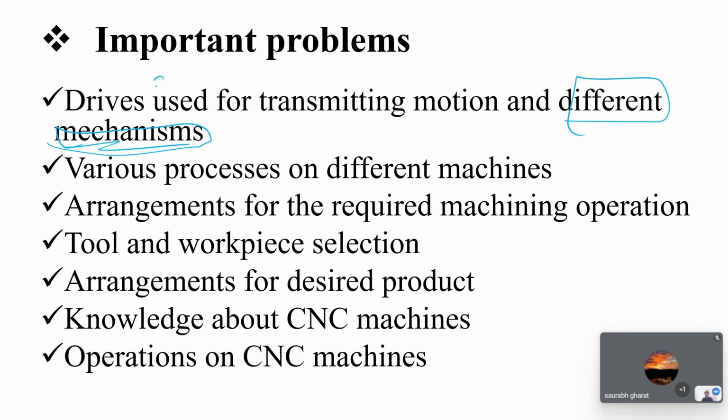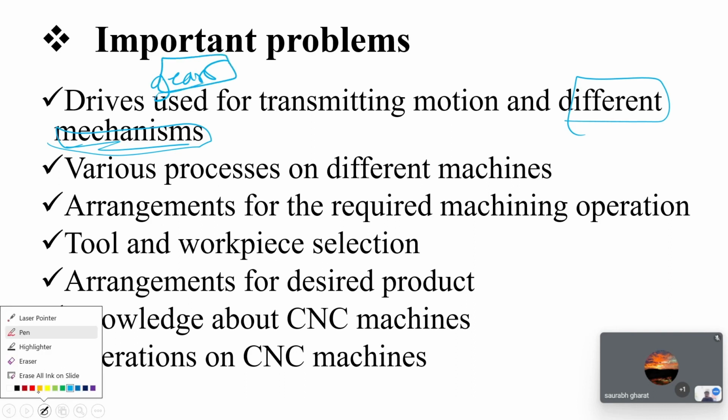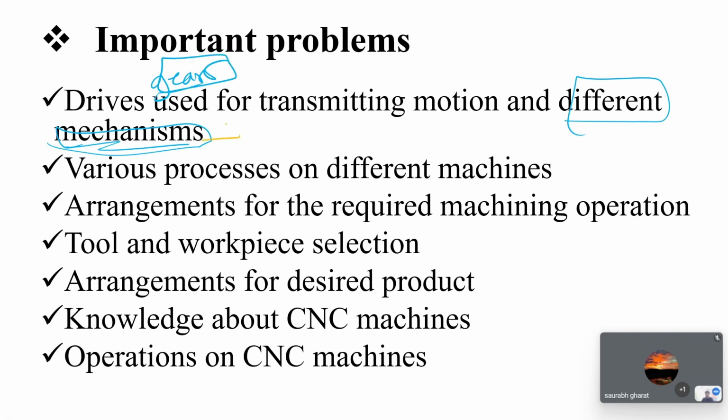Transmitting motion means gears. So gears and the mechanisms, like Geneva, guillotine, intermediate type, how you use these gears, and gear ratio,